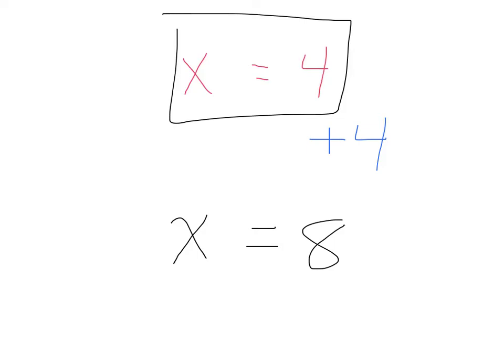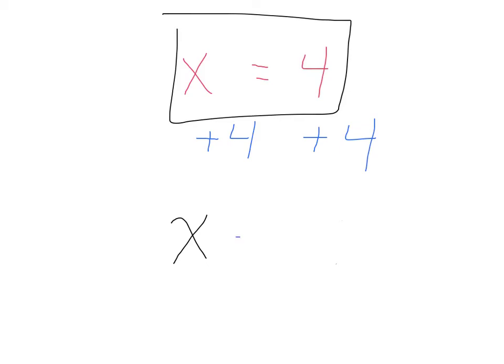When I added 4 to the one side of the equation without the other side, I totally changed the equation and wrote something very, very new. I unbalanced my equation. So this was a really bad idea, and it left me with a really bad result. Instead, what I should have done, if I wanted to add 4 to the right hand side, I also needed to add 4 to the left hand side. So the new equation that I would have would be x plus 4